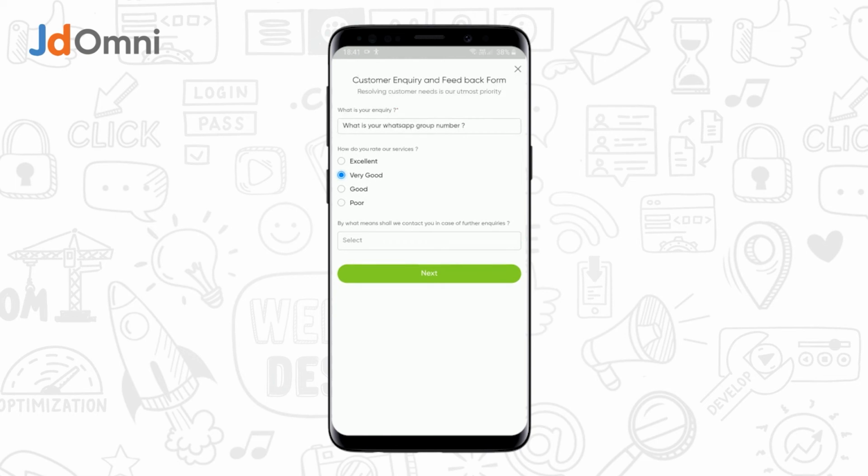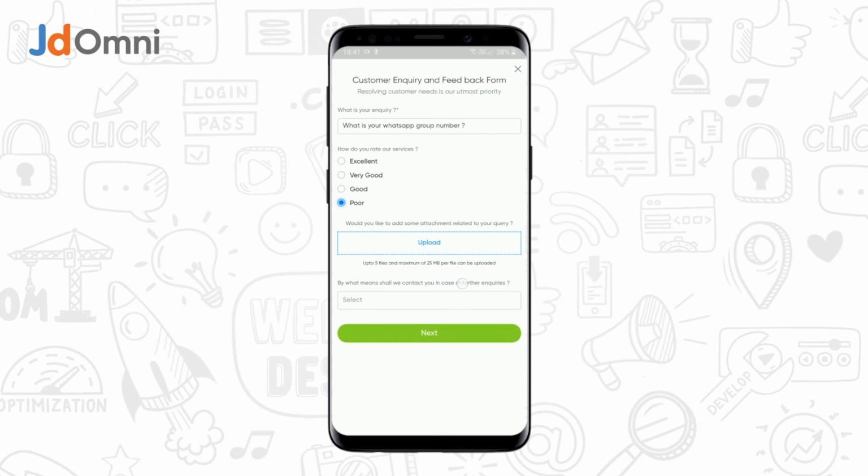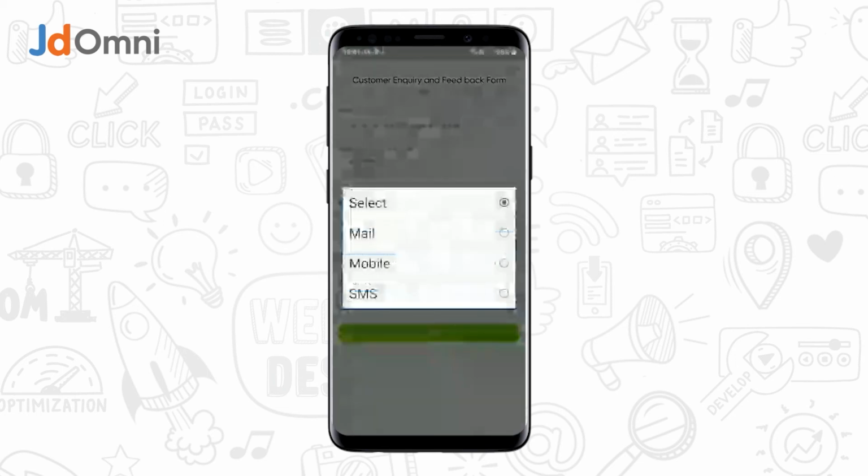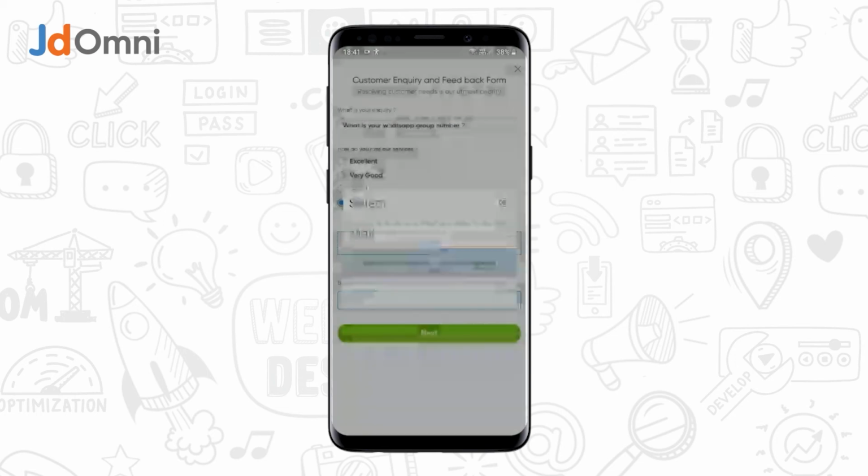Then the customer can rate your services such as excellent, good, or poor. If you see below, there is an example of a drop-down question where I have asked, by what means shall I contact you in case of further enquiries? The customer can tap on Select field and select any of the options.